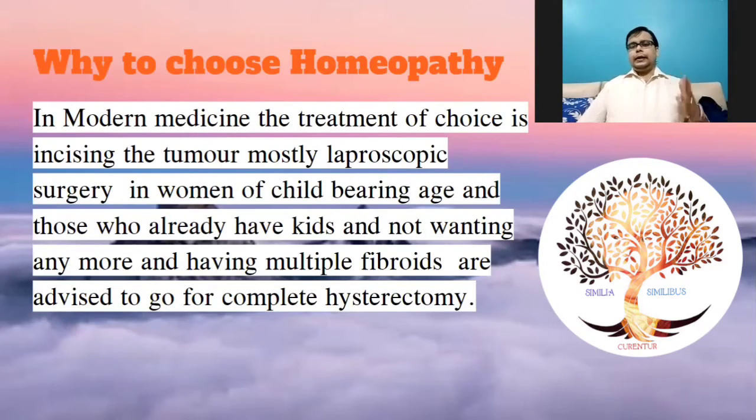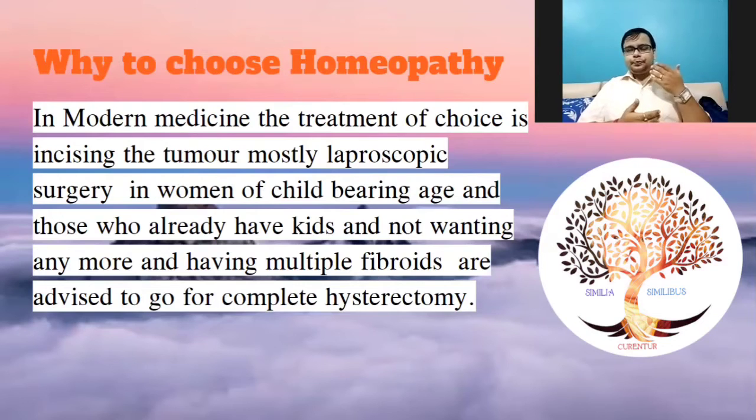Now, when we are thinking about the treatment of uterine fibroid, why think about homeopathy? In modern medicine, the treatment of choice is incising the tumor. Mostly laparoscopic surgery is prevalent in today's times, and at certain times there is open surgery also. It is generally done in women of childbearing age who already have kids and do not want any more. In those cases, and when there are many fibroids present in the uterus, one of the